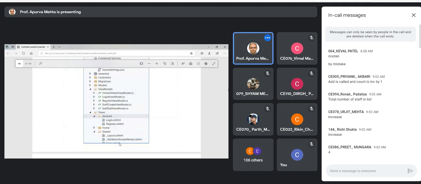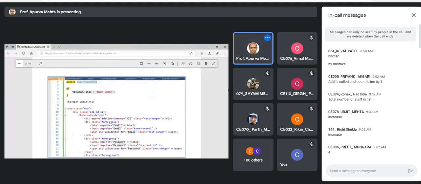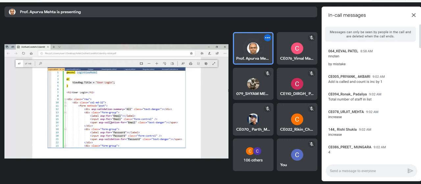Then we are creating a view for login, in the Account folder of the Views folder. So here is the code. For email and password we have the tag helpers. Form method is post.